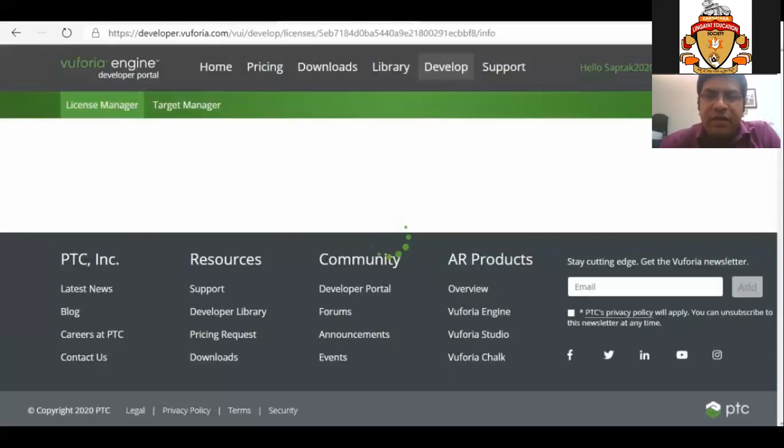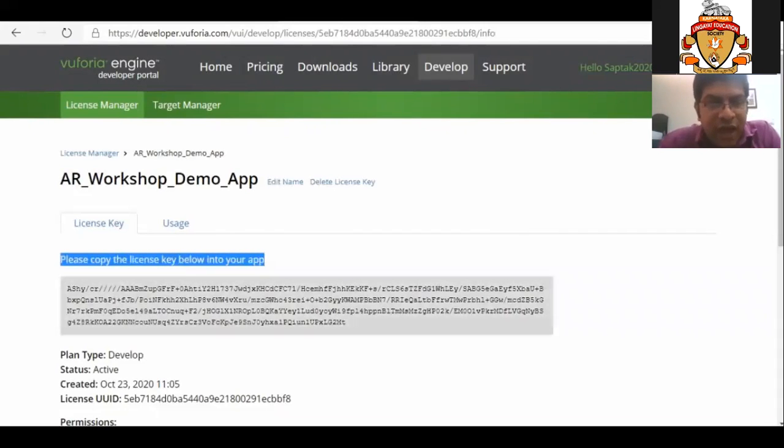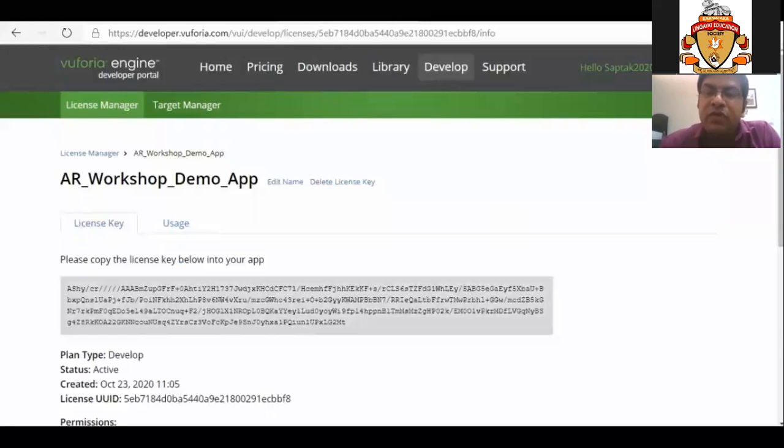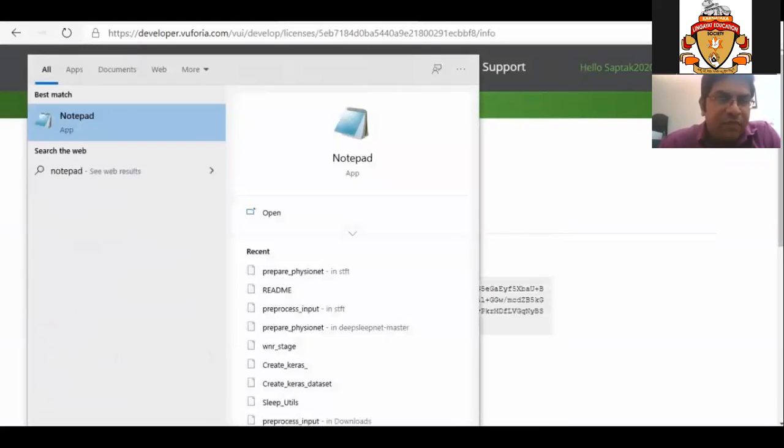If we click on the license name, the license detail will open. Now this is showing us AR Workshop Demo App. This is the license name. It is telling, please copy the license key below into your app. So we have to copy the below license and open Notepad on our computer, paste it, and save it in the corresponding folder with the corresponding name.